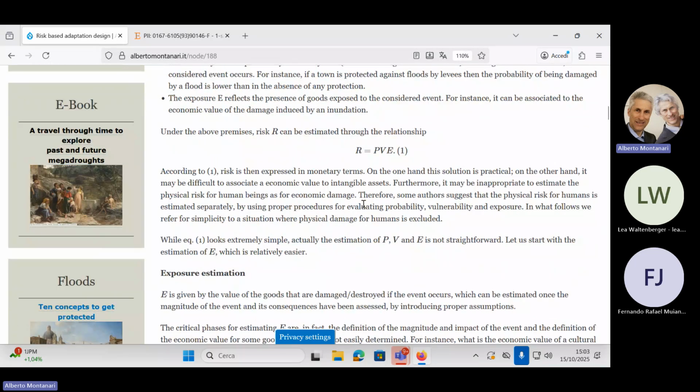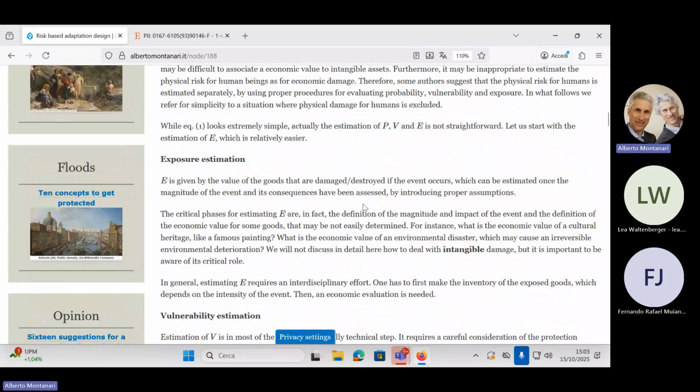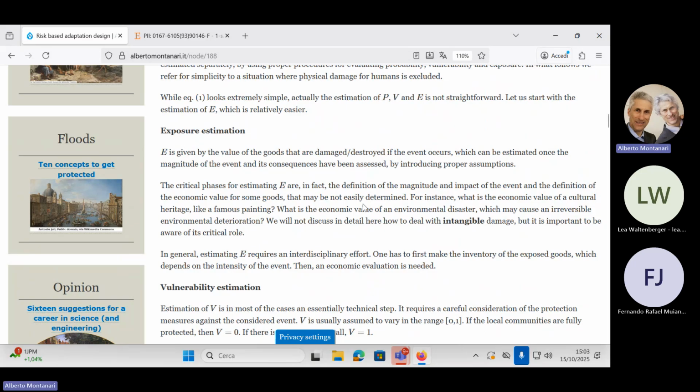Okay, so how to estimate them? Let's start from exposure. Exposure is probably the easiest. It's given by the value of the good, and it's the easiest, but still it is a bit complicated, because it's not only estimating the value of a good. You also have to identify the goods, depending on different magnitudes of the event. For instance, I'm used to do that for floods. We assume different flood values, and then for each value of the volume of water that